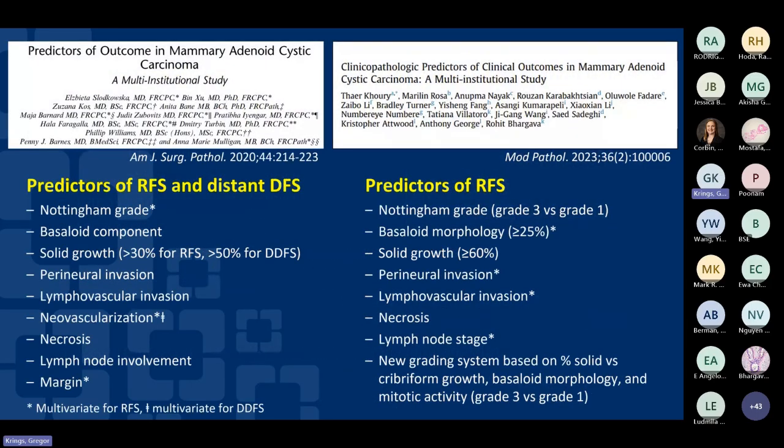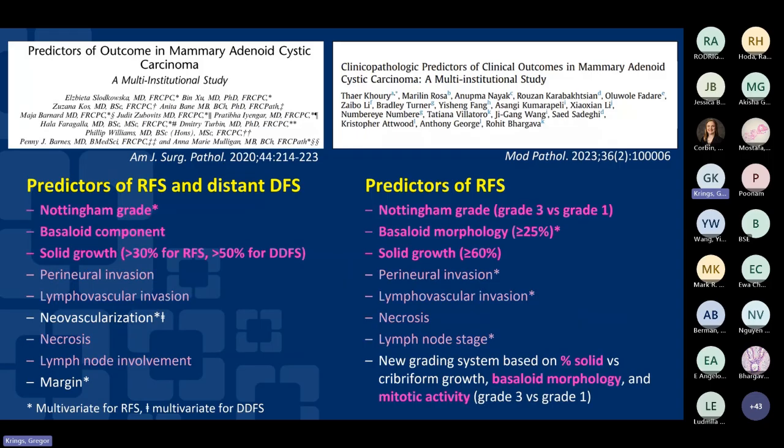These are two very excellent studies on other clinical outcomes in breast adenoid cystic carcinomas. And interestingly enough, if you look at the predictors of outcome in these two studies, they are remarkably similar, highlighted here in purple. And some of the most important outcome predictors in both of these studies, I think, are the basaloid component and solid growth pattern, which was found to be predictive in both cases, as well as Nottingham grade, especially grade 3